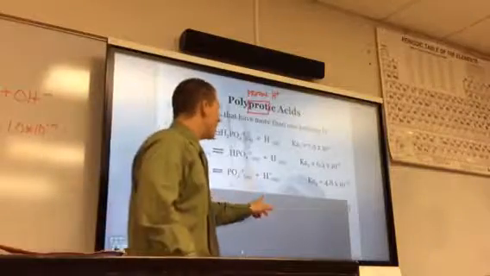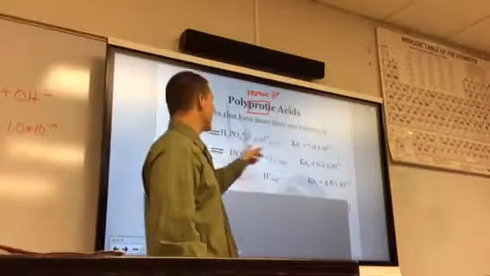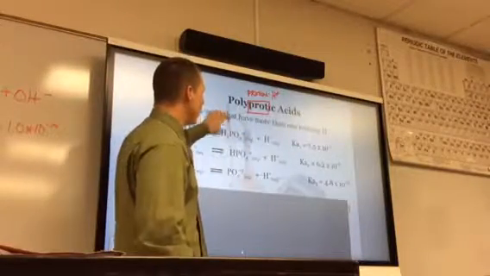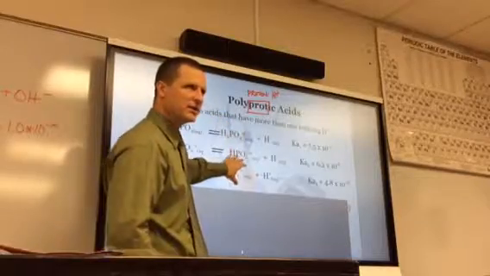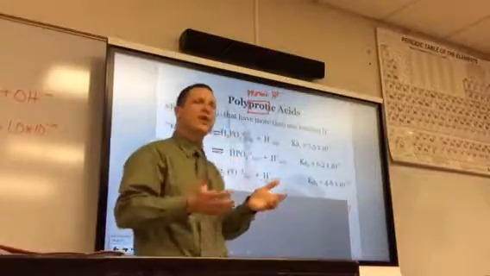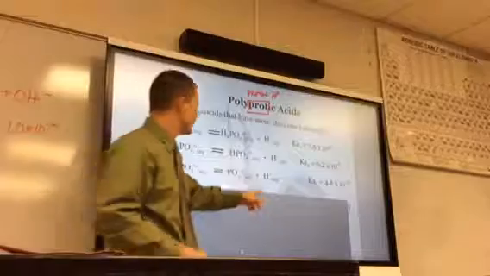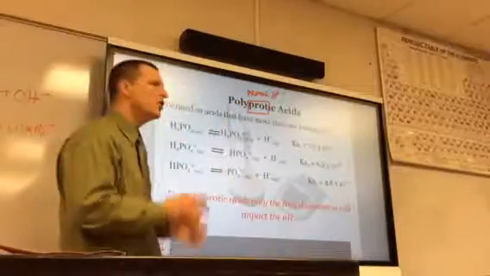All right, now because the first Ka that came off was so much more effective at releasing hydrogen than the other two, when we have a polyprotic acid and we need to find its pH, this is the part that you need to know. Just use the